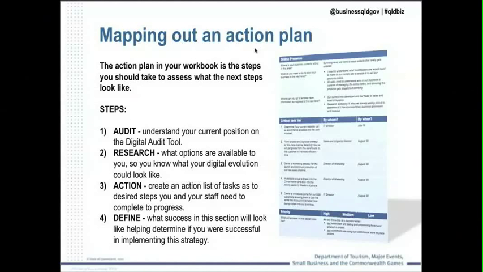And the third step there is an action list, and the action list is this list under here, the critical task list. And what this does is it steps out and breaks down each element that you need to achieve. So if you're going through the digital transformation perspective of an online presence and you're wanting to increase the website's capacity, you'd create an action list of elements that you need to do and what needs to be achieved to ensure that you reach your goal. And then that last point there is defining what success would look like.